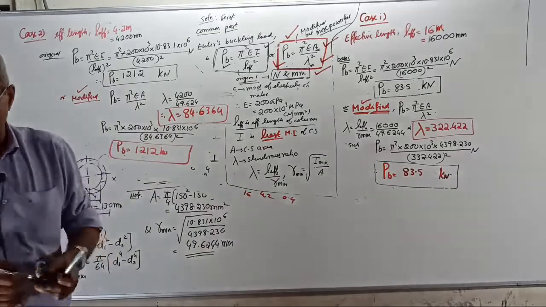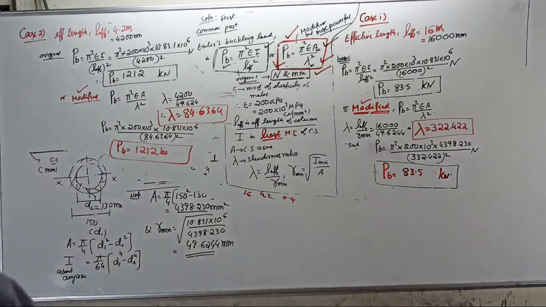Clear now? Clear or not? Is the concept fully clear? If fully clear, I will go to the last case. In the last case, you can see a horrible feeling will come. Then only you will understand the limitations of Euler's formula. If not today, tomorrow I will extend it. Don't worry, because it is a principle. It is not for time pass.